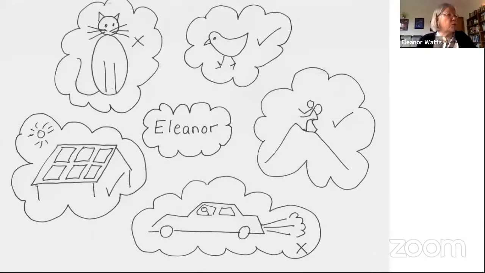Now, Smita, are you there? Yes, I'm here and I can see the picture that you've just shared. Okay, now Smita, I'm not going to say very much. Can you guess what sort of a person I am from these 5 pictures? You're fond of birds. You like birds. Well done, very good, because I ticked the bird, didn't I? So you've learned that a tick is what I like, yes?